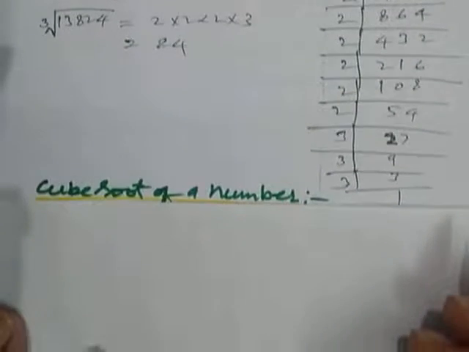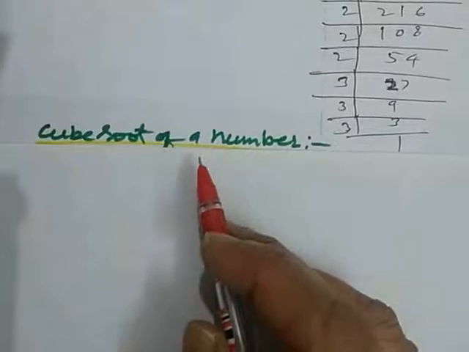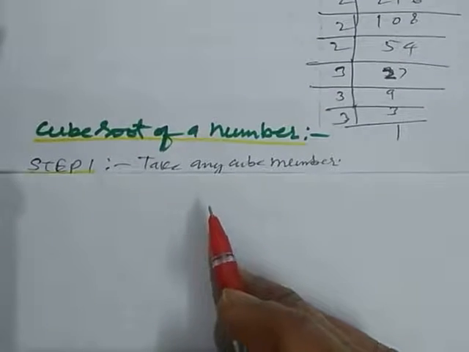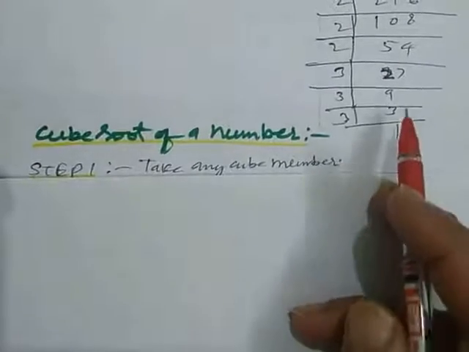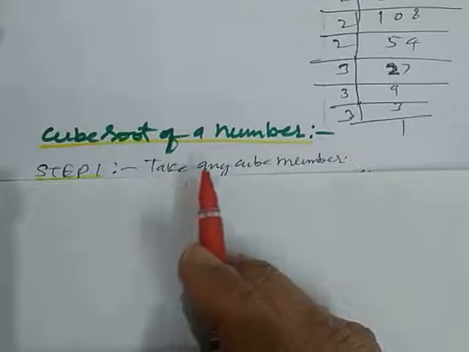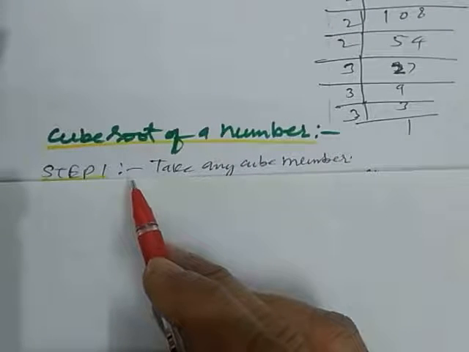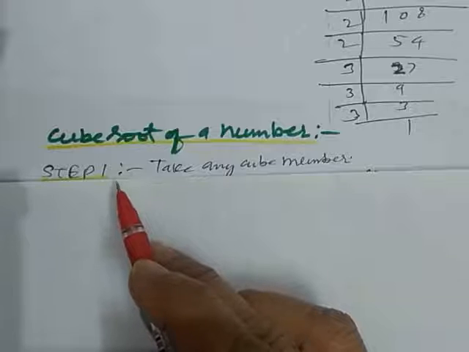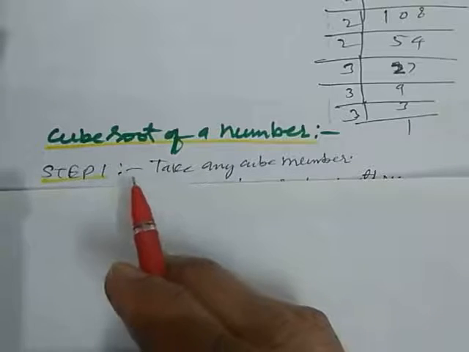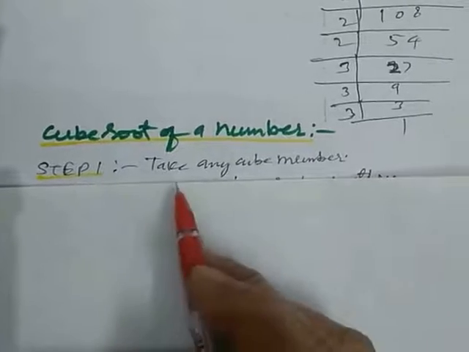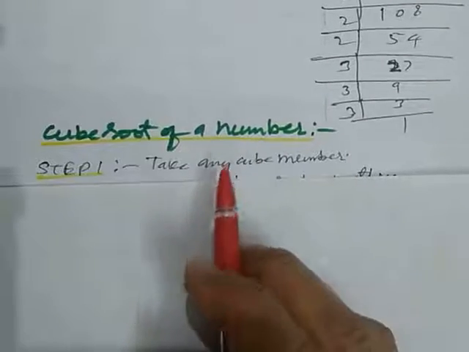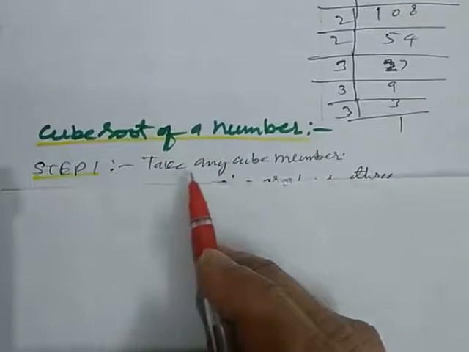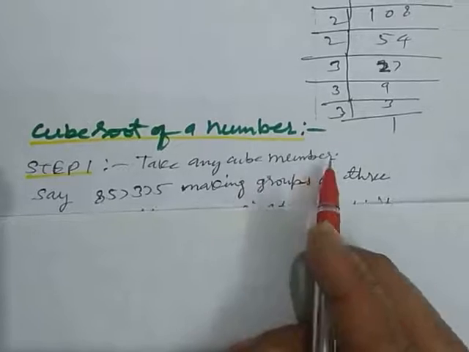Now we find the cube root of a number by estimating. Without factorizing, we just estimate. So concentrate here and learn well. With the help of these steps, we can find the cube root of a number. Step 1. Take any cube number, say